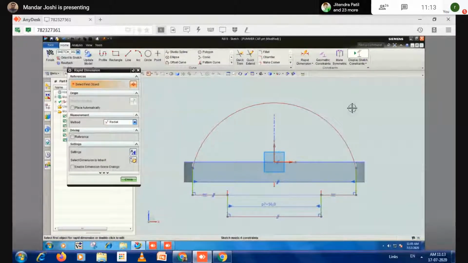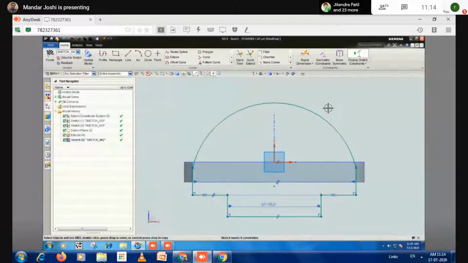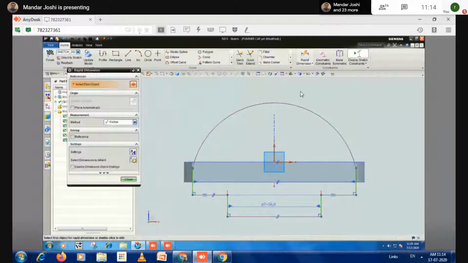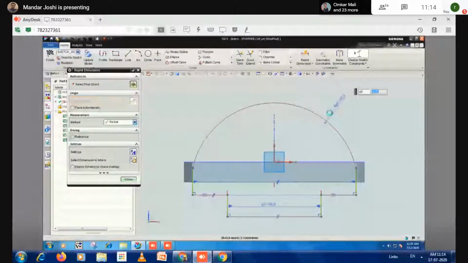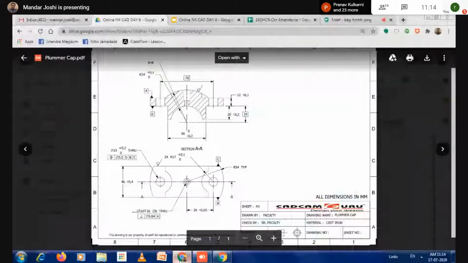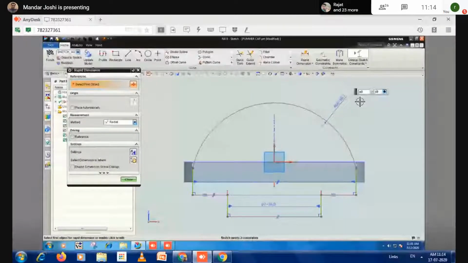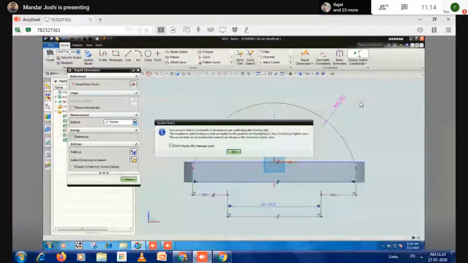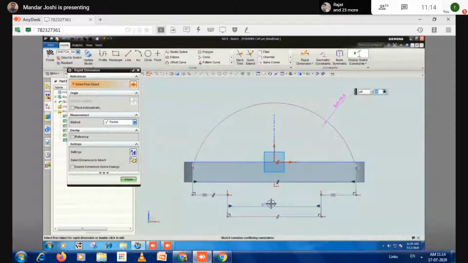What happened? Radius is 48 now. How much is it? 48. And delete this 56. First I make the 48 size.